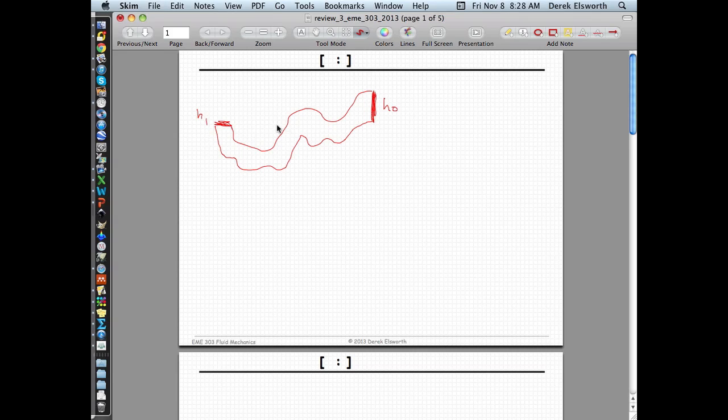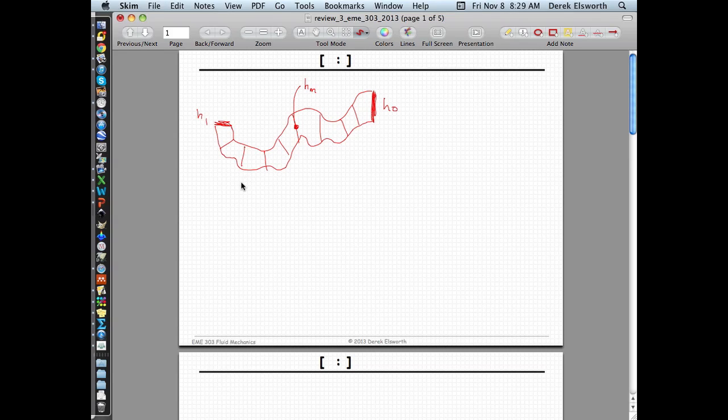And also, as you go along here, it's kind of divided up into these squares. So all I'm doing is I'm taking out a stream tube, and I'm going to count the number of drops that occur along it. So in other words, if I wanted to calculate what the head was at this middle point,